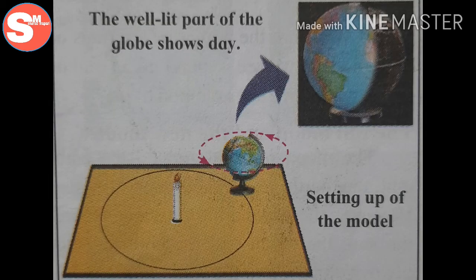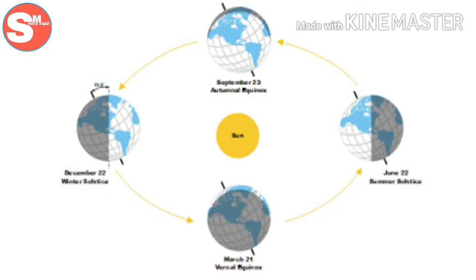A year. Try this. Now move the globe along the circle on the table. As you do this, keep rotating the globe and ensure that the axis does not change its orientation. Eventually, the globe will come back to its original place on the circle. This is how the Earth revolves around the Sun even as it rotates around itself. The period of time the Earth takes to complete one revolution around the Sun is called 1 year. There are about 365 days and 6 hours in a year.